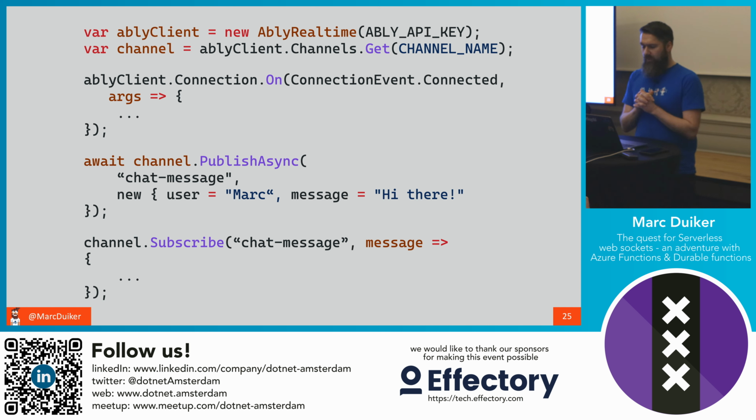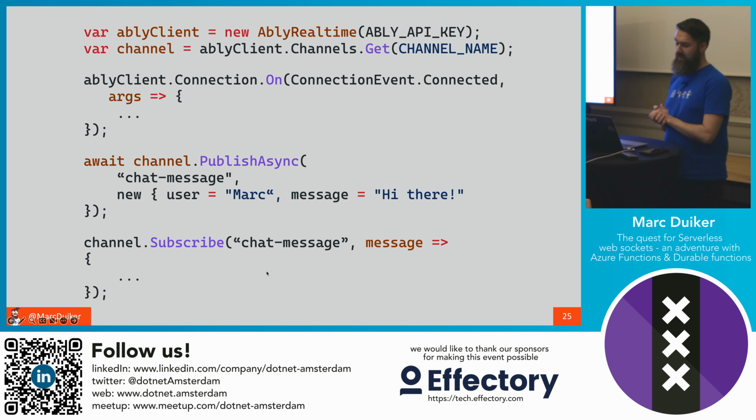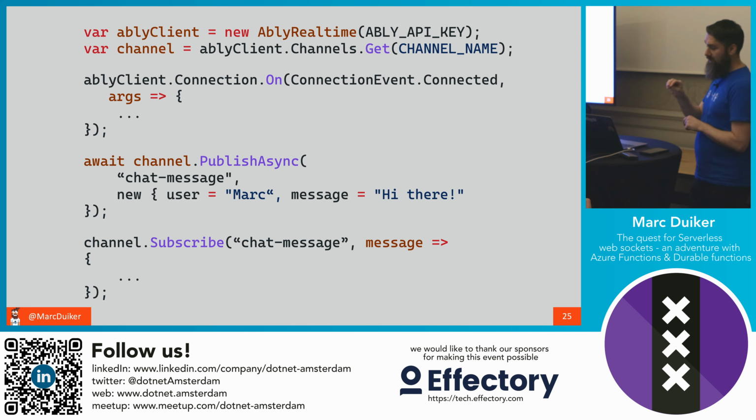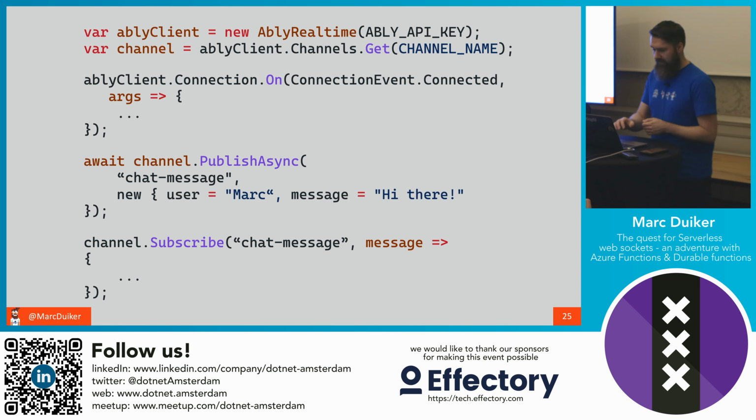For subscribe, you can do the same thing. So you can do a blanket subscribe, where you can actually ignore this chat message. But I think one of the nice things of using Ably is that you could subscribe to specific message types. So I think that gives a bit more control. So if you only want a client to subscribe to certain types of messages, you can do it like this.